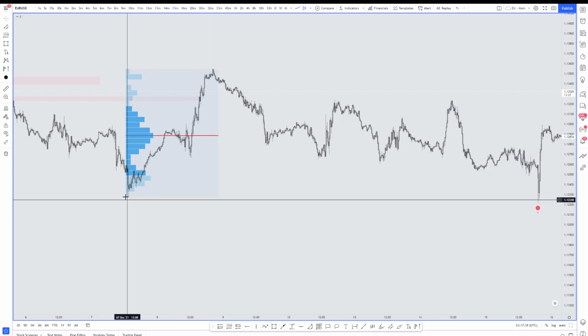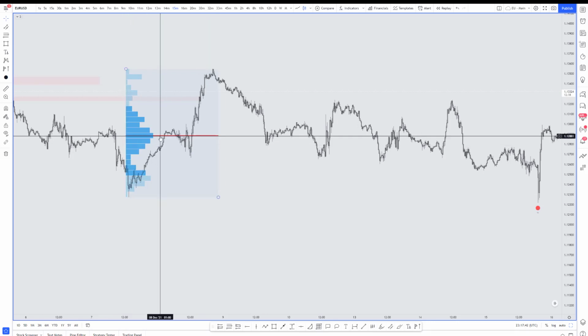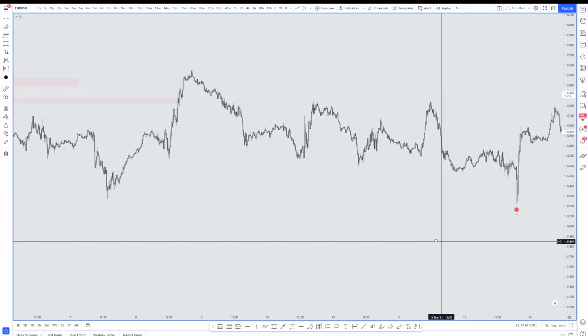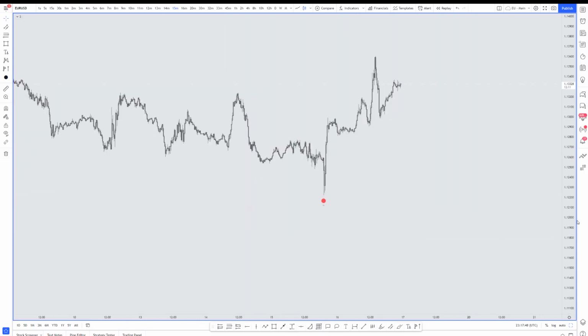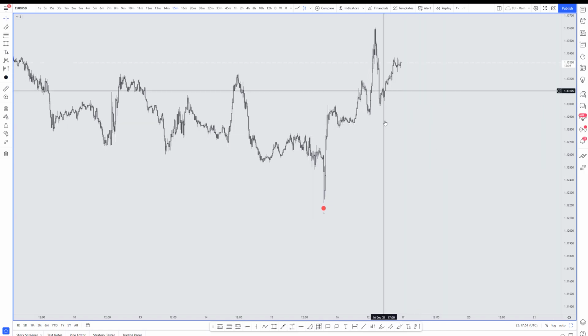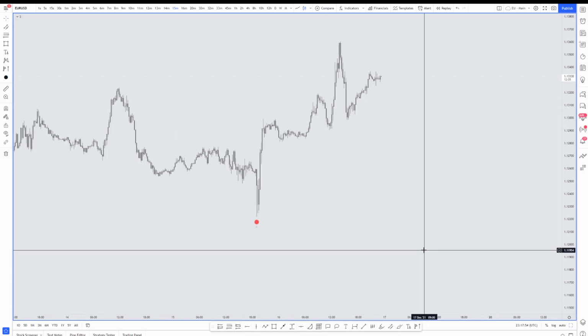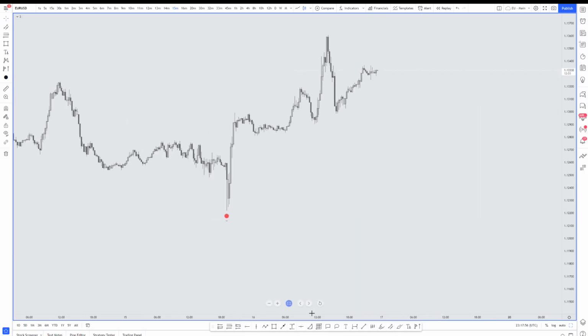Now, Euro's been in this range, and the volume tool is a little trickier to pull sometimes in a range. But today was actually a prime example. I took buys from here. I ended up closing them early because they weren't quite moving the way they were supposed to. But